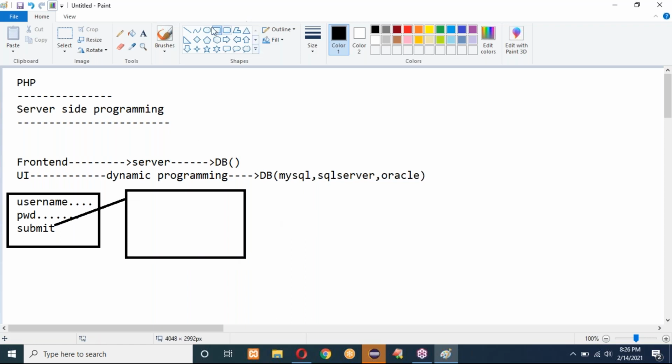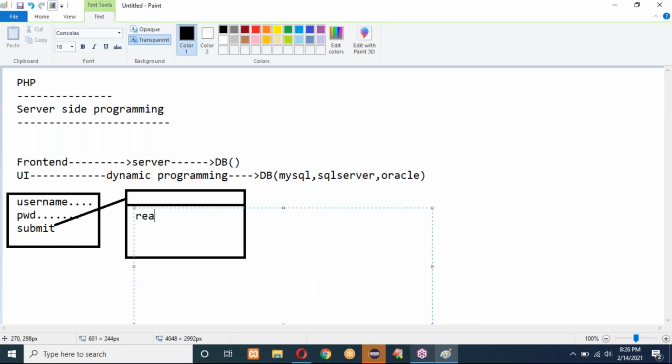In the server page, we write the code for how to read input from the UI, the front end. UI is nothing but the front end. So we are reading input from the front end, and that input is to be submitted to the database.